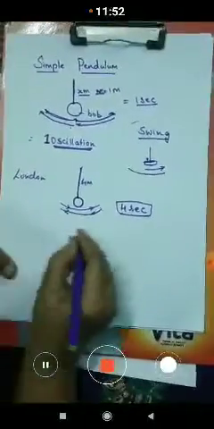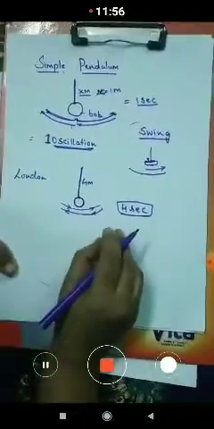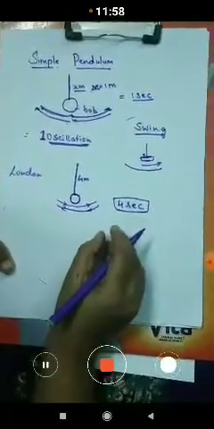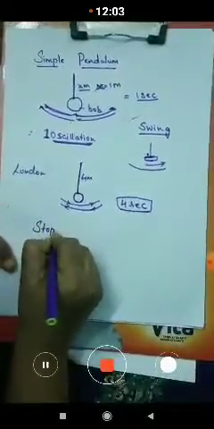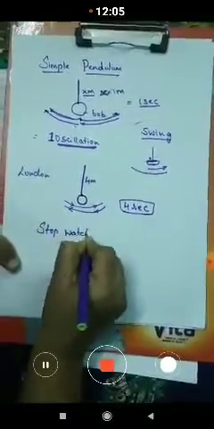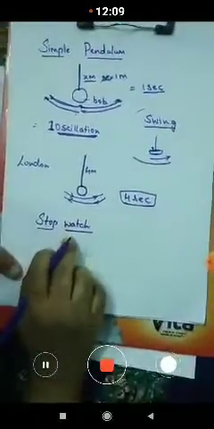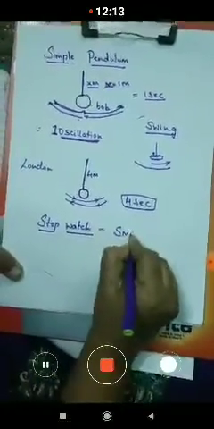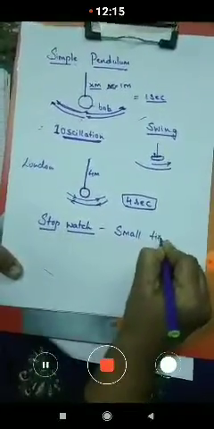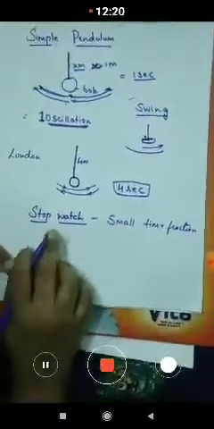We have to measure time in a small distance or some small time interval. So what we are using nowadays is the stopwatch. I think everyone has seen the stopwatch. Yes, we use this stopwatch as a machine to measure small time fractions. A small time fraction, what are we going to use? We are going to use the stopwatch.